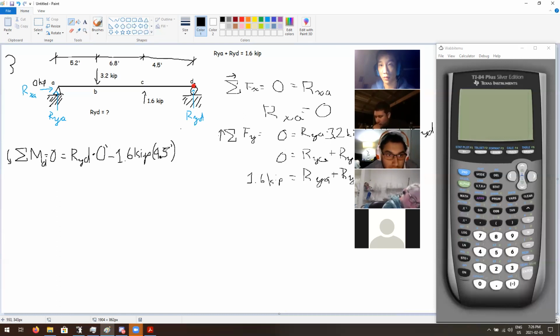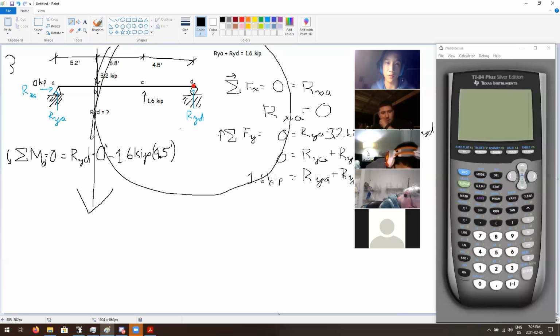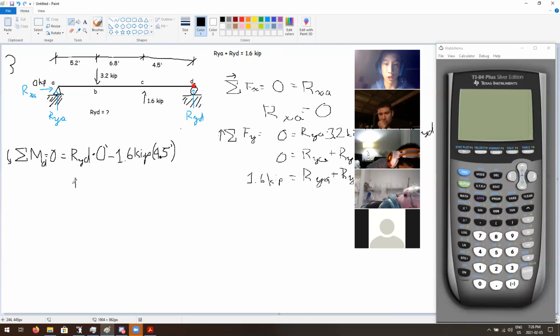You can use parentheses to multiply things together. Cool. Next force, 3.2 kips. Which way is this rotating? Positive. It's going counterclockwise. See, it goes down, so it's gonna go around D, right? Counterclockwise. Plus 3.2 kips